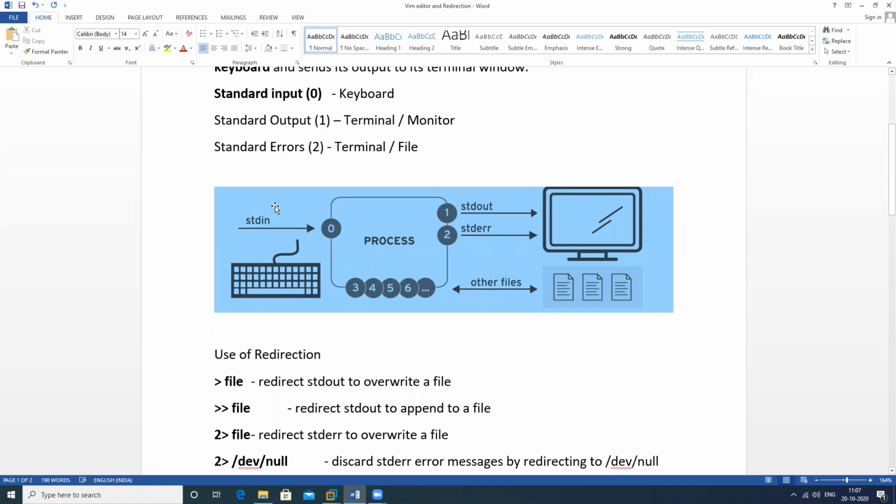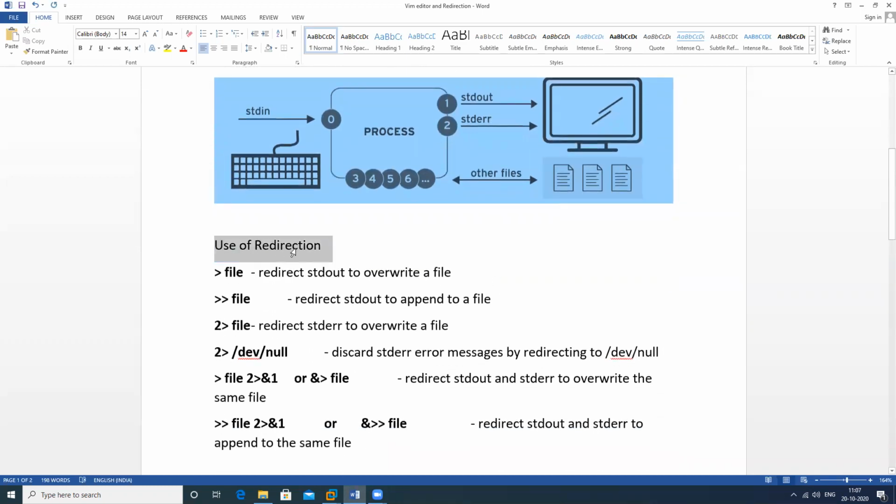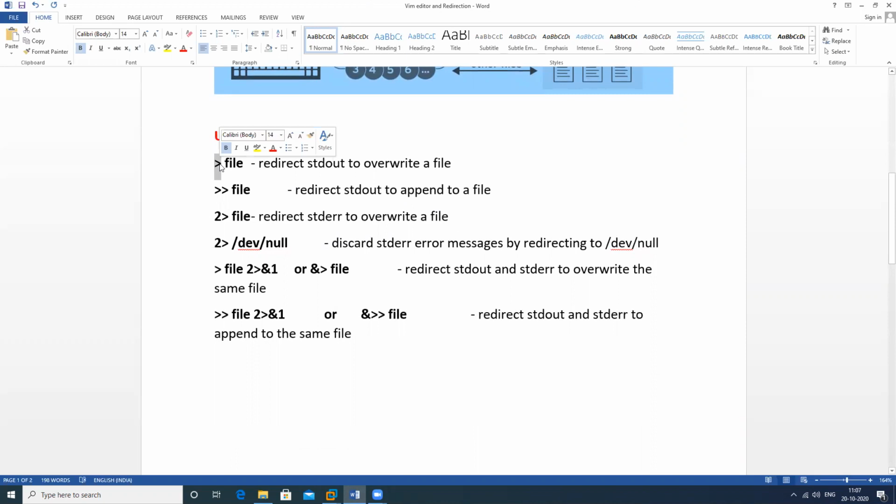So I will show what is the use of standard input, what is the use of standard output, and standard errors. These are the concepts that I will use. We can use this particular sign, this is the sign of redirection. It always performs the overwrite operation, and this is the sign to append any text in a file, and this will show me the errors. This is used to show the errors. Errors will be overwritten in the file.